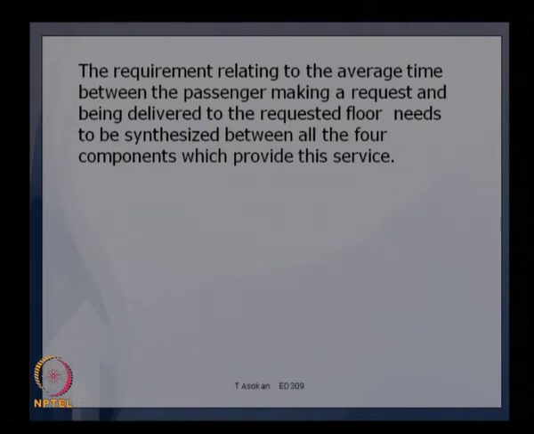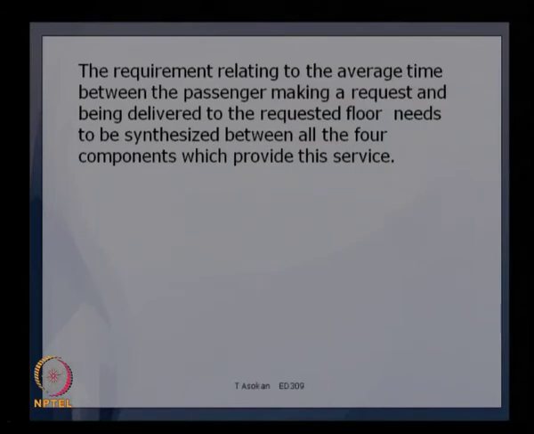and each component of this system will have a different way of producing an output, because it is a function of the input output interface, the passenger interface. There will be some time delay in the passenger interface, and there will be a time delay in the motor output and the acceleration of the elevator car and other elements also. So, we need to see what kind of relationship exists between the total time for service and the other component performance parameters, and once we have this mathematical relationship, then we try to see how to allocate the main requirement to these components. So, that is the synthesis method.